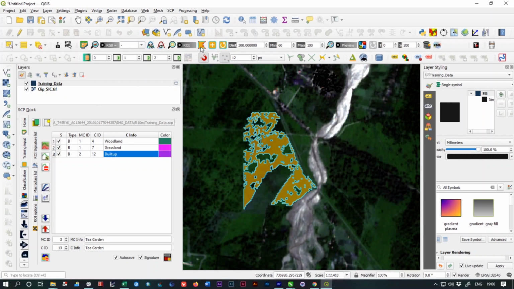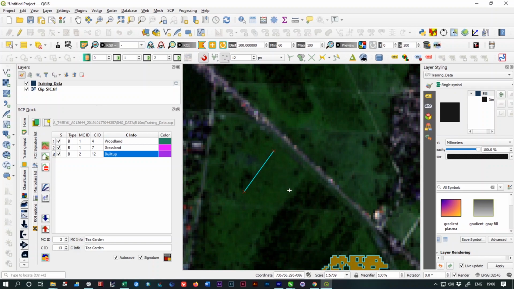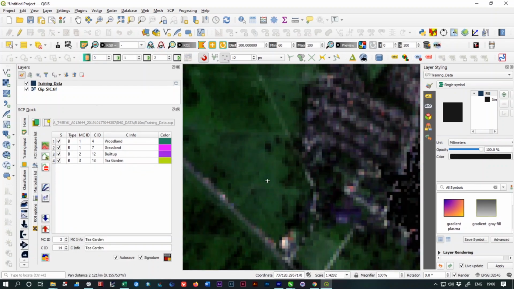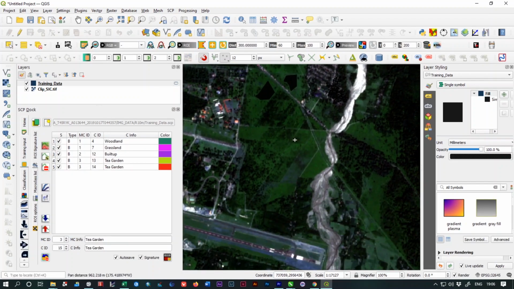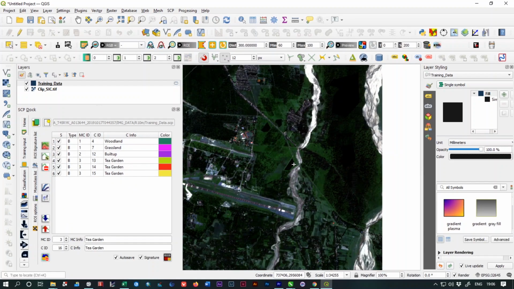As you can see, the automatic selection tool is selected, so it's captured all the same pixel values, but I don't want this type of selection right now. I'm going to select it manually. This portion is represented as tea garden, so add, save signature, select another point. This portion will be good for sampling, add sample, and this portion is also good for tea garden sampling. Okay,